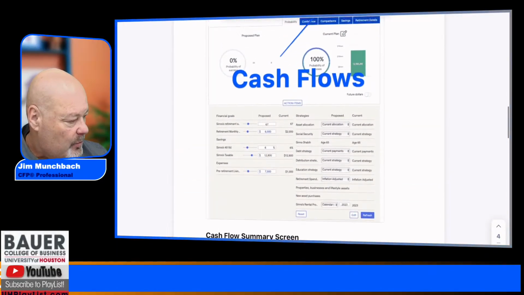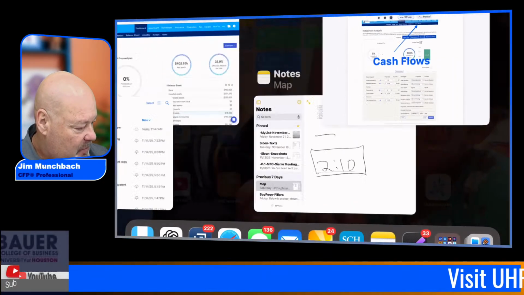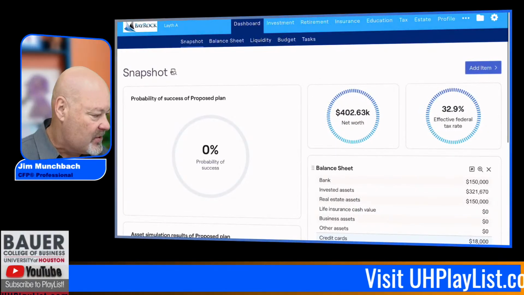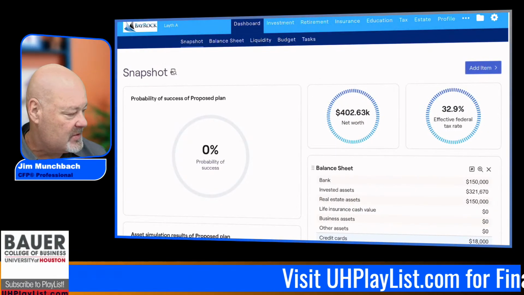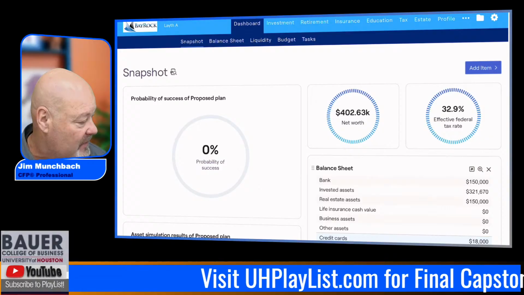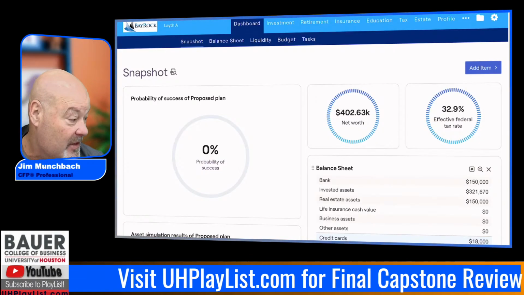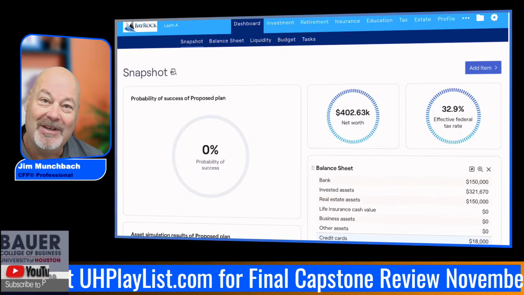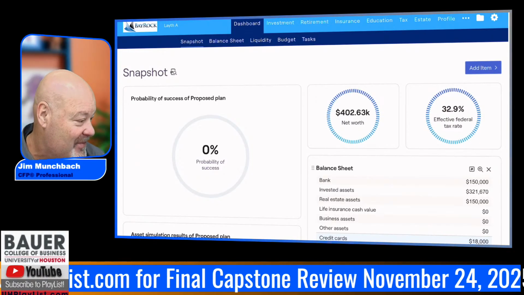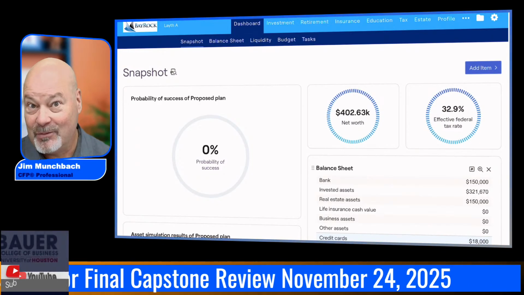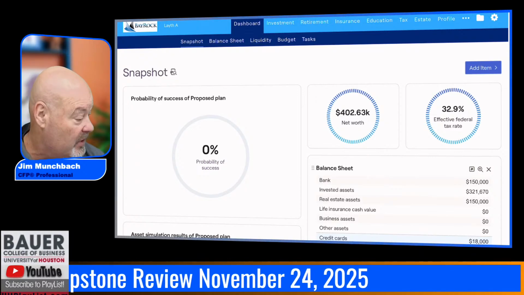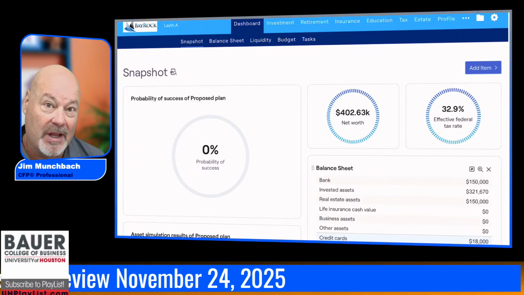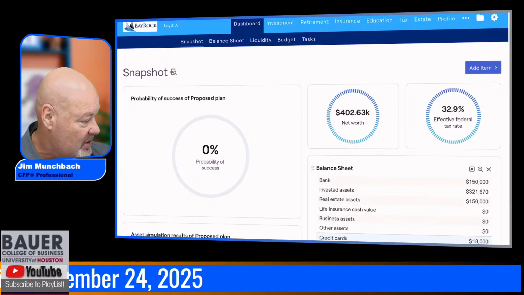We're going to jump into a RightCapital plan now and see. So this is Lath, and Lath is the kind student who gave us her plan. I think Lath is a she. Hopefully, I don't know. If not, I'm sorry. Lath, I don't know Lath. We've not met, but you did give me a pretty good summary of your plan. So this is your plan. I'm just going to jump in.